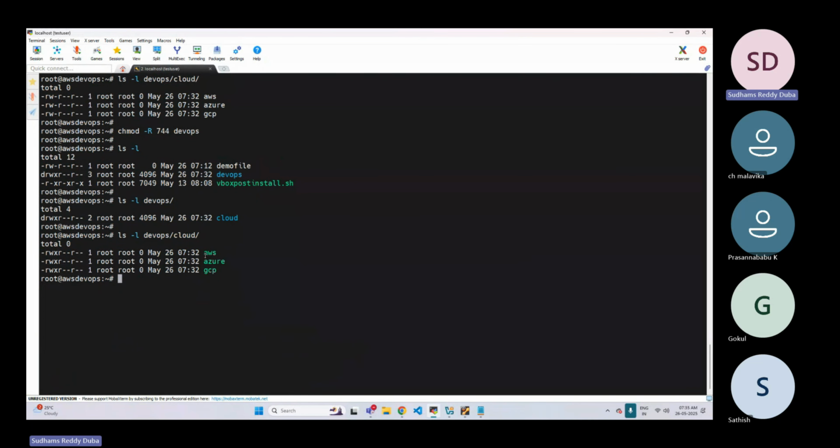Here, I have a question for you. Find out and let me know. When I do this task by giving hyphen R, it should affect only directories. It should not affect files. You got my question? When I use this recursive approach, it is modifying the directories and files as well, which is not supposed to happen. That's my requirement. In your organization, let us say you got a requirement like this. How will you approach or find a solution for this? I hope you got the question.